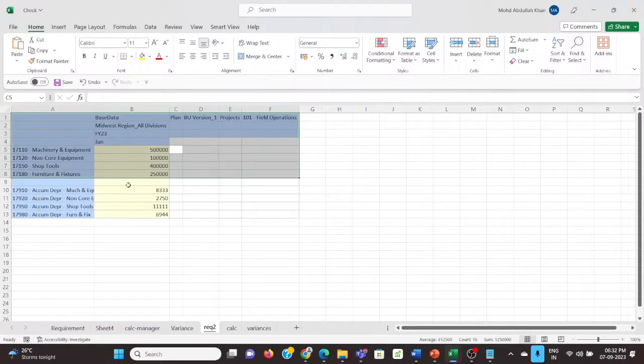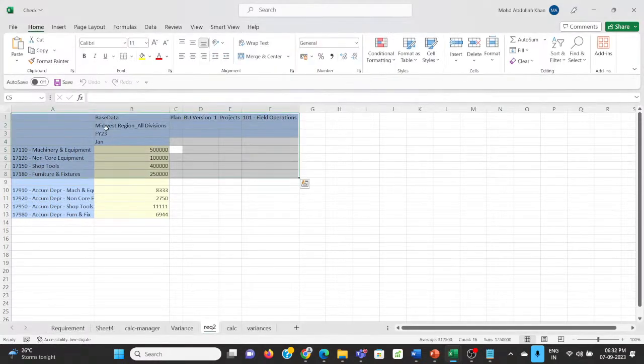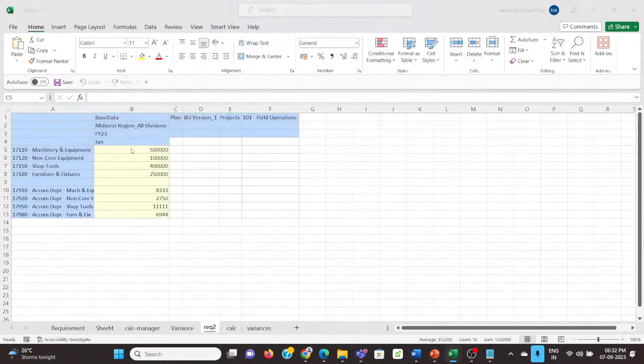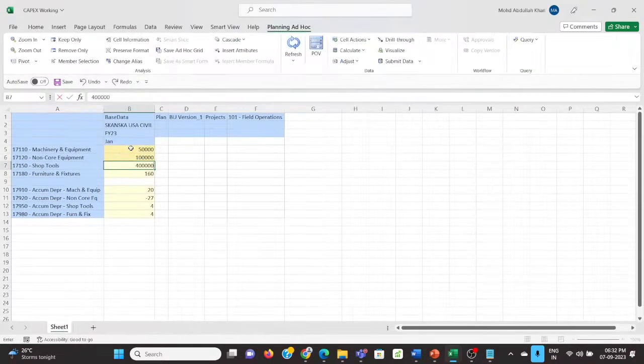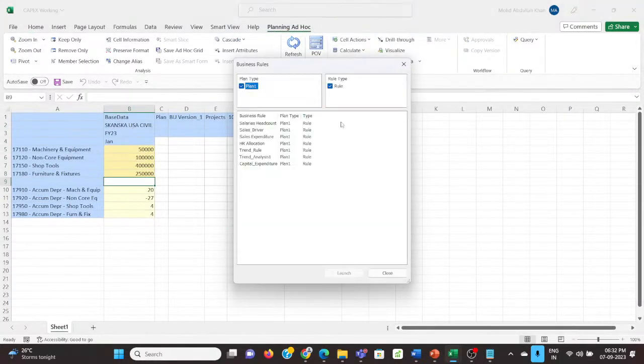My data for the machinery equipment is 5 lakhs, and for non-core equipment is 1 lakh. For shop tools, it's 4 lakh, and furniture fixture is 2,50,000. So when I calculate the business rule,